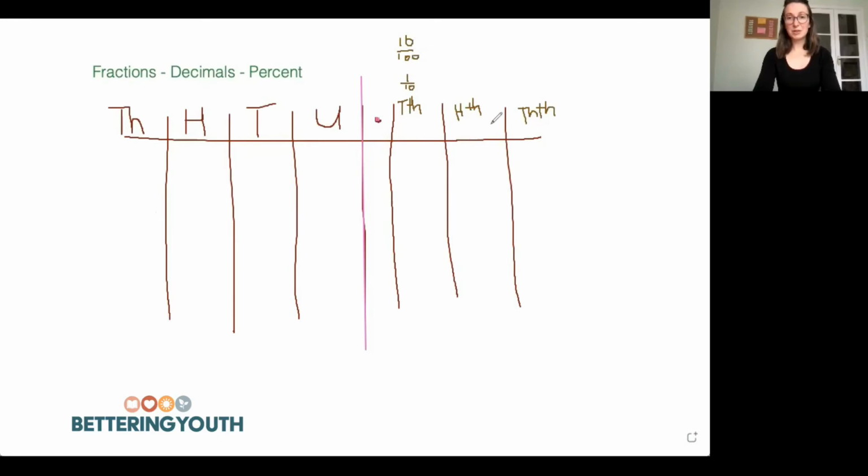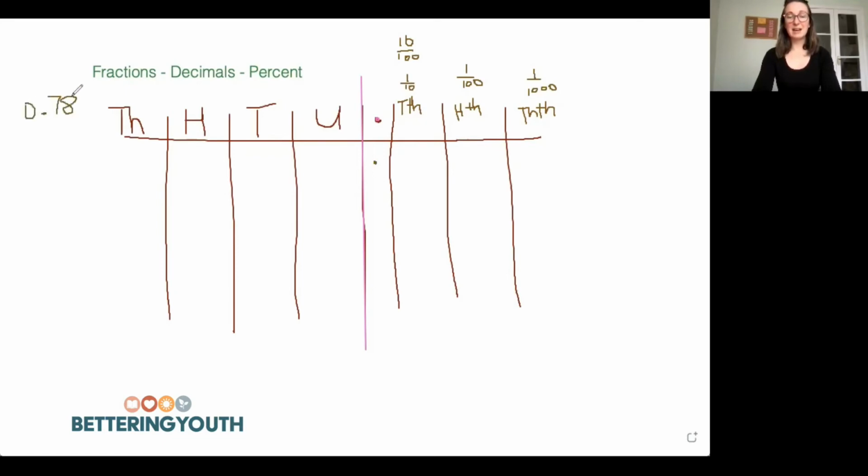Looking at the hundredths column, we know that that would be 1 out of 100. And then in the thousandths, you guessed it, 1 out of 1,000. Now, already we have made the connection between decimals and fractions. Therefore, if students have to convert something like, let's say,